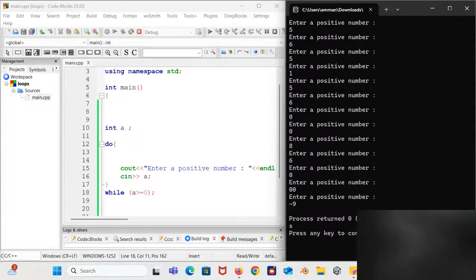Are we clear with this example? Are we clear? So should I add one more example?